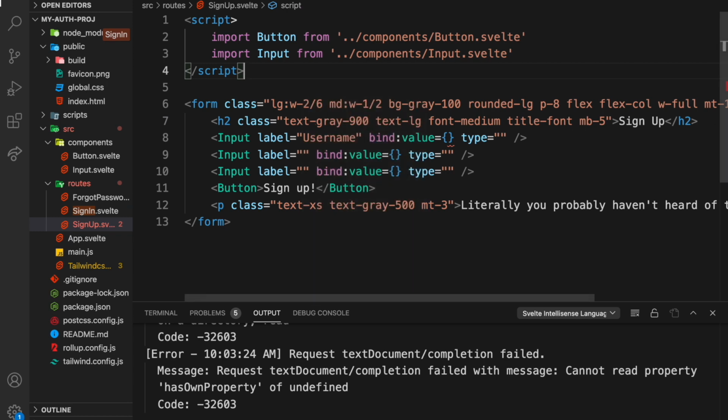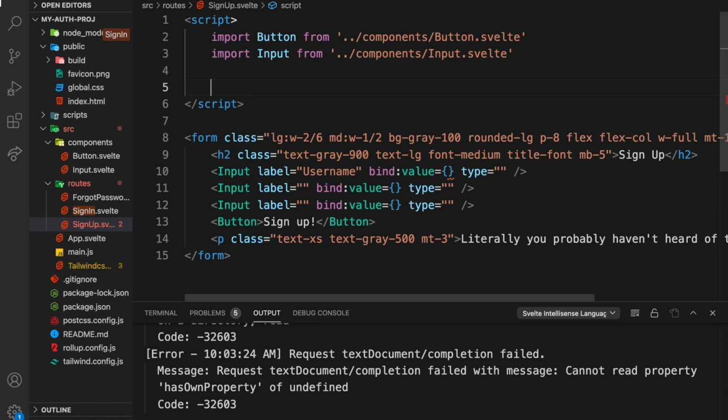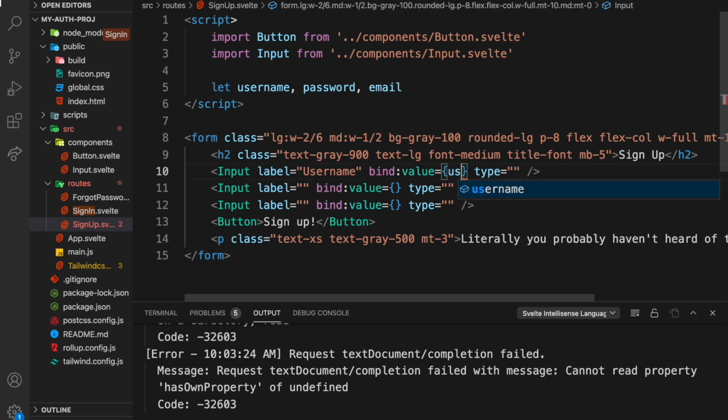Okay, so for the first one, it'll be username, bind this to, let's create our variables up. Oops, oh, I forgot about that. Okay, that's okay. Let username, password, email. Username, okay, so bind to username, and then the type is text. Okay, then I'm going to come down here, password, type is password,